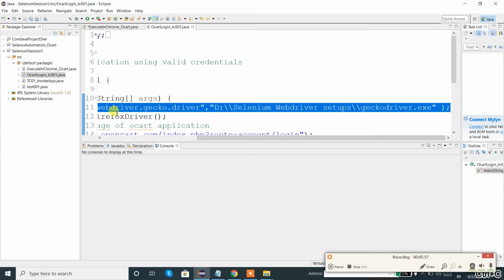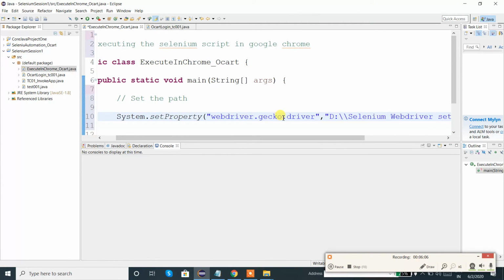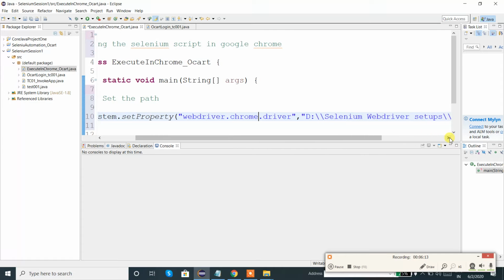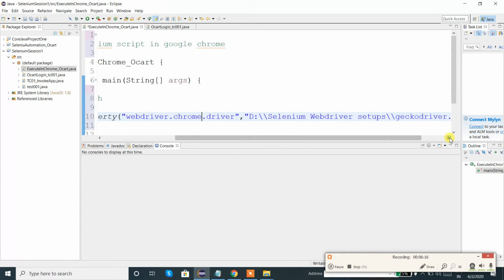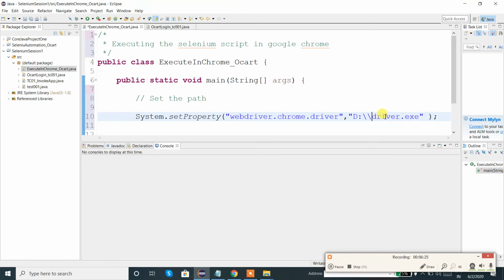I am just copying this one single statement from the other program because I don't want to write it again and again. Now the driver name is webdriver.chrome.driver and the path is chromedriver.exe.